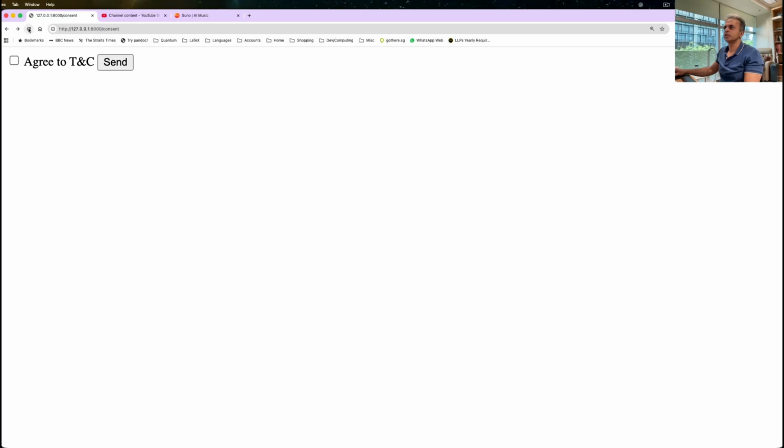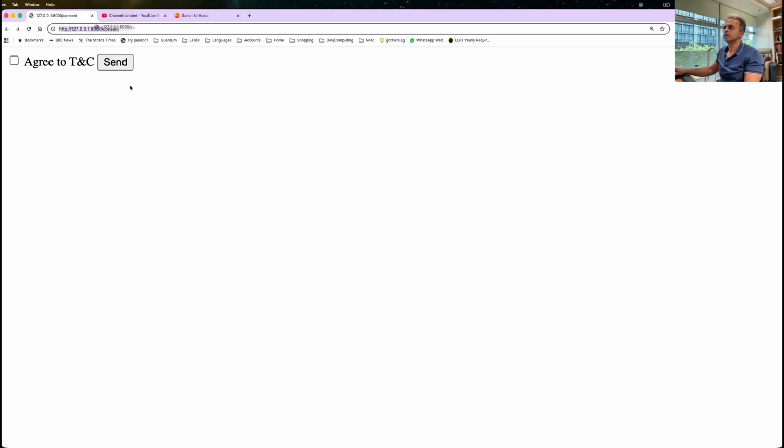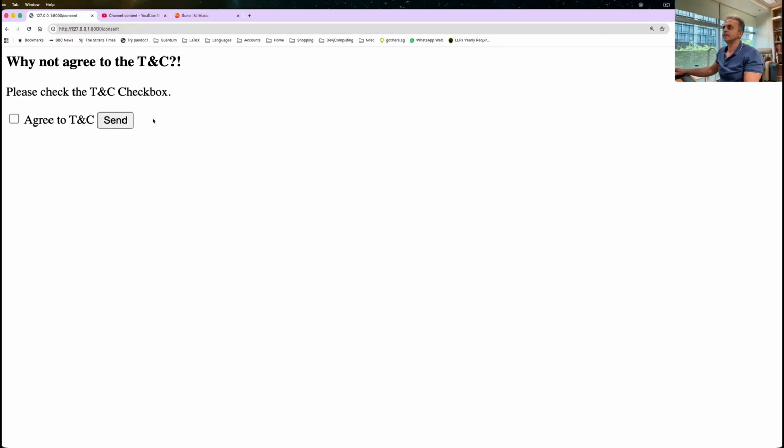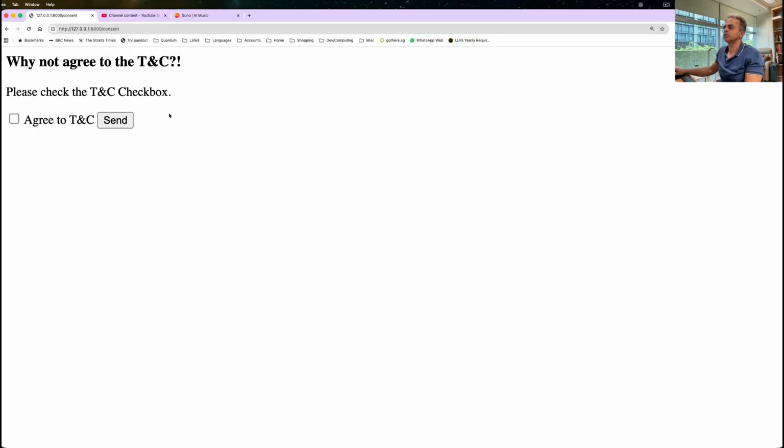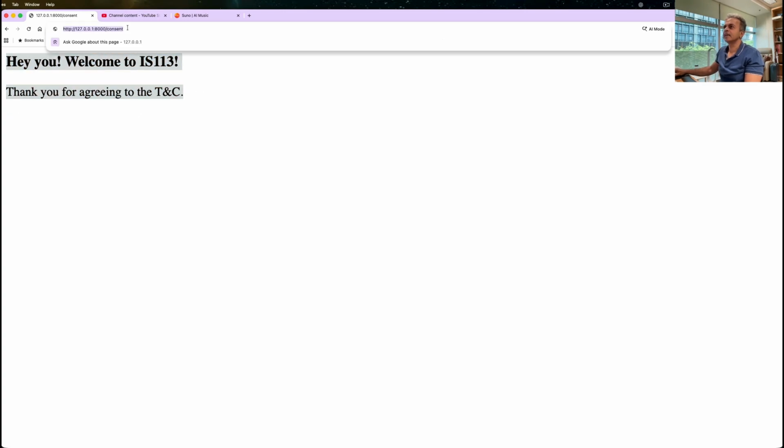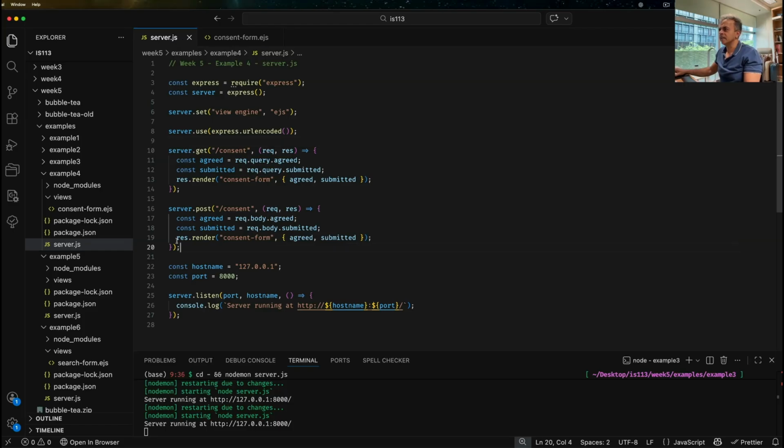Alright, so let's do this once more. Consent, loading it from consent, that's a get request. Sending it, now this is actually a post request. You can actually see that there is no query string there, so that means it was a post request that actually worked. Now suppose I agree and send, then it actually says thank you for agreeing, and again that is a post request because there is no query string there, and that was handled by this. So it's again by the same route, but except that it's a post route instead of a get route,